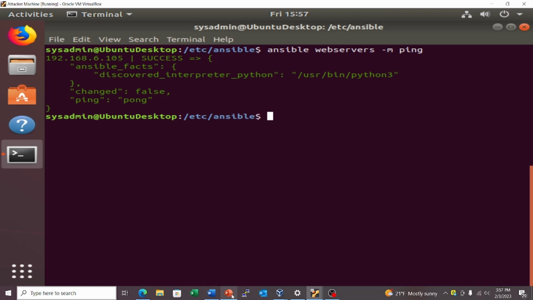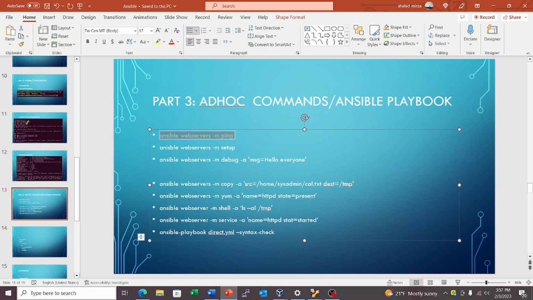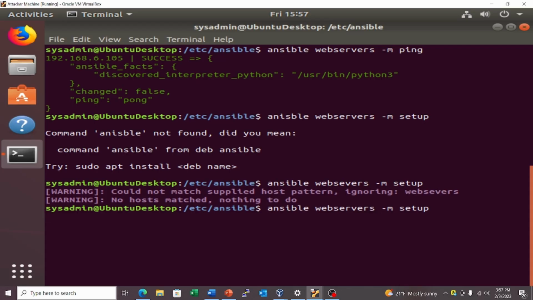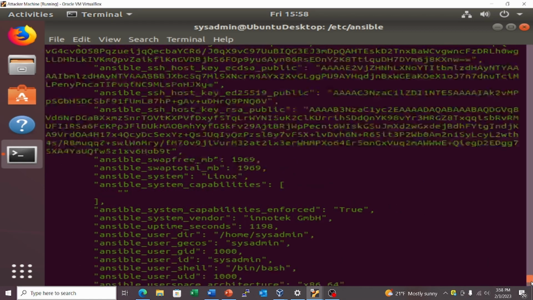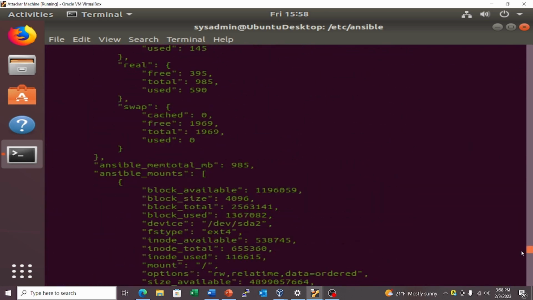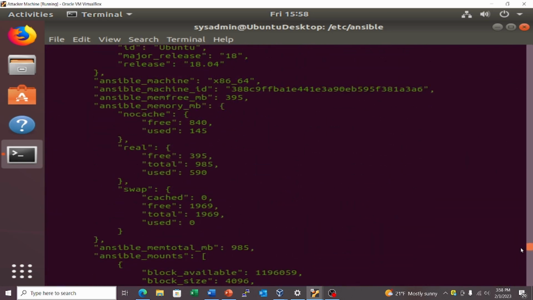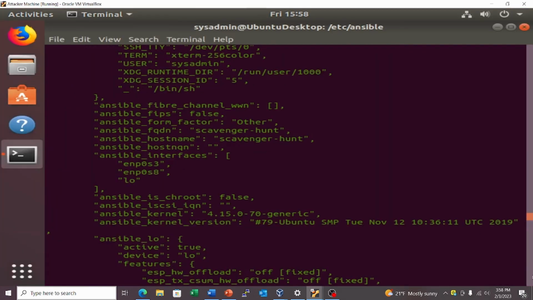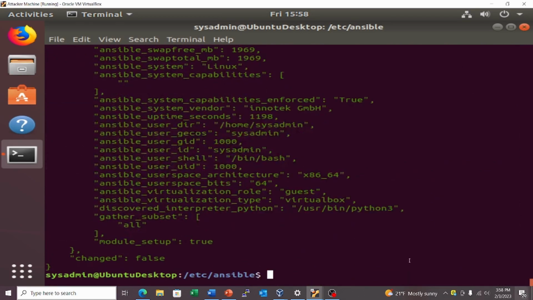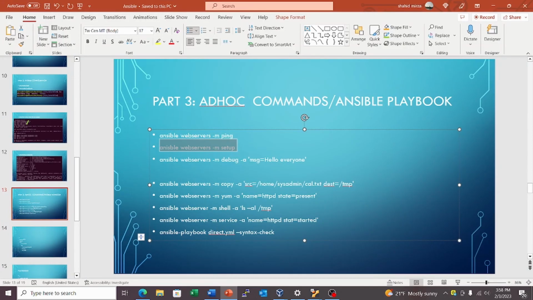So let me run a couple of others. So here you can see that it returns the setup on your client server. Basically it is a reflection of your setup for the client server on your configuration file. So it's like I can create a copy. I can copy one file to the main, an important one basically, and